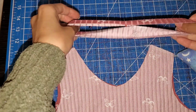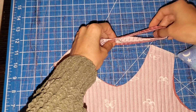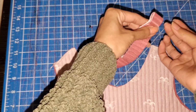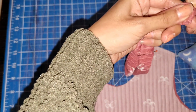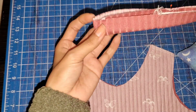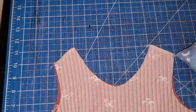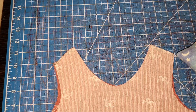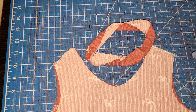Anyways, so now I'm going to place this pin with where the seam is at, and then do some pins on the sides. So now we have our 4 equal points. We've quartered this bad boy. Okay, I knew that was off. Somehow I shifted it, my bad. Okay, let me fix that real quick. Okay, so hopefully you can see that, but I have my 4 pins, and now we're going to do the